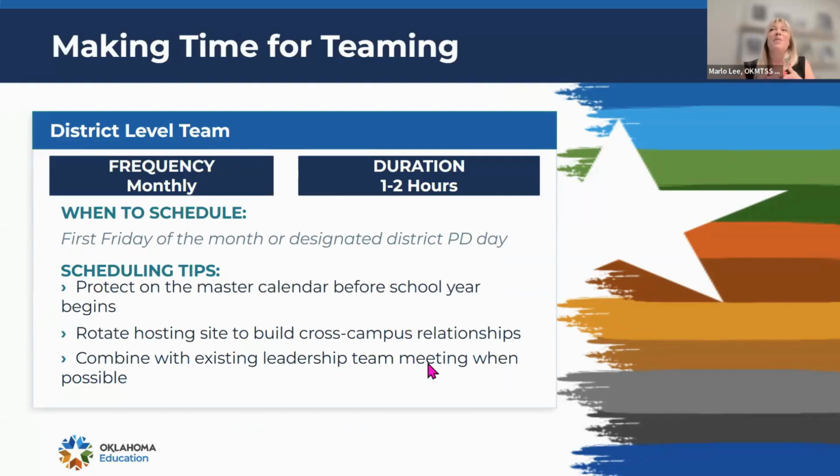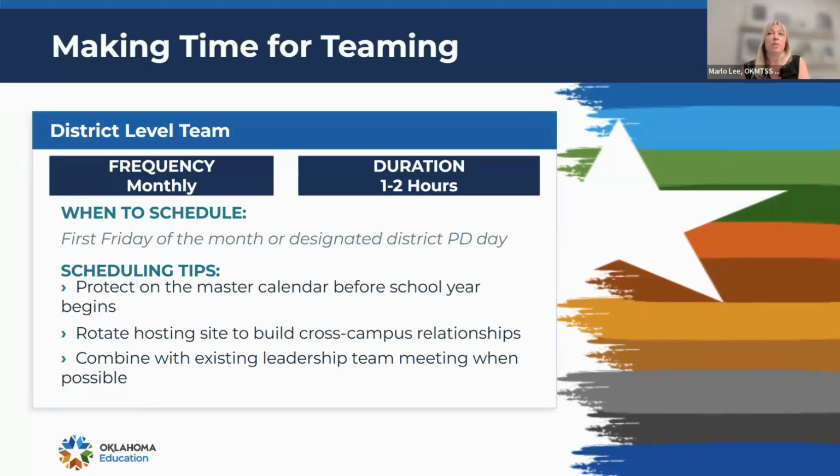So time. I know that time is one of the biggest barriers to most anything we do at school. If you ask teachers, what's one of your biggest barriers, it's almost always time. And I know that you guys can relate. But so what do you do when you want to make sure something is implemented well? You set aside time, and you make time for it, and you protect that time, right? Whatever you focus on and make a priority is what will happen.